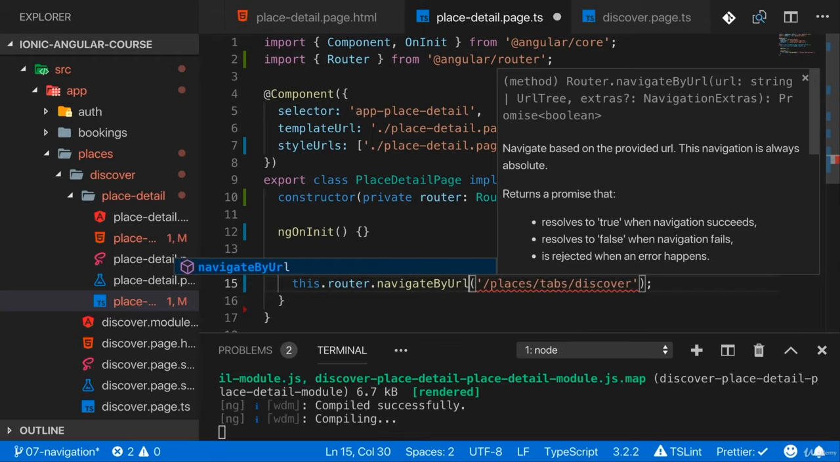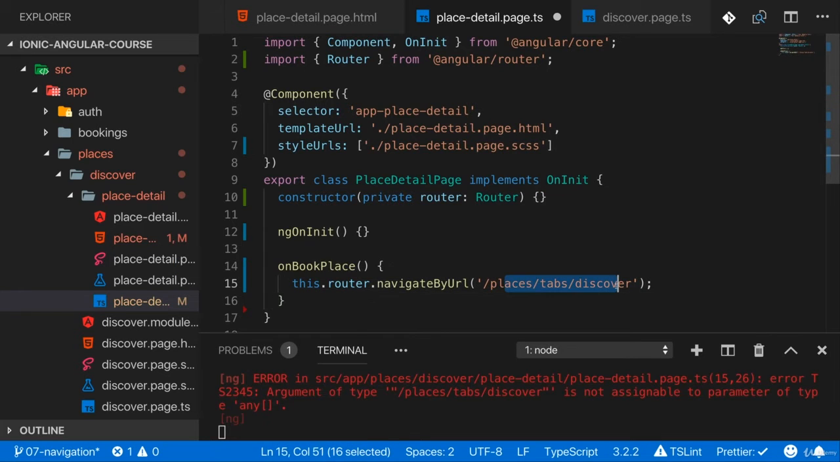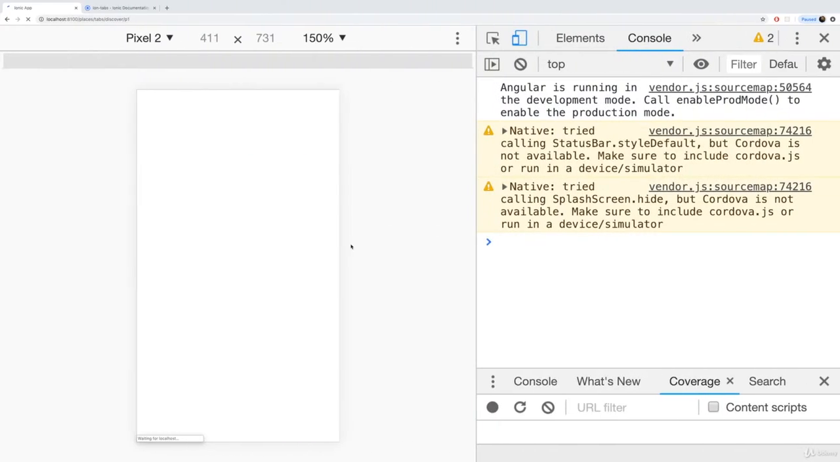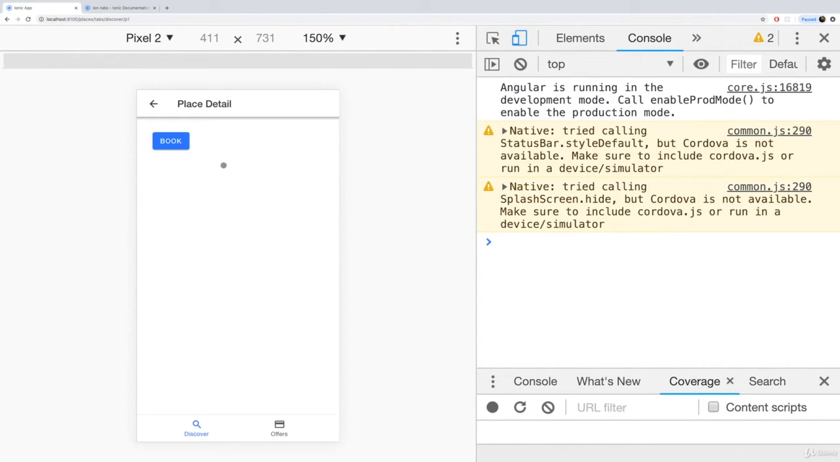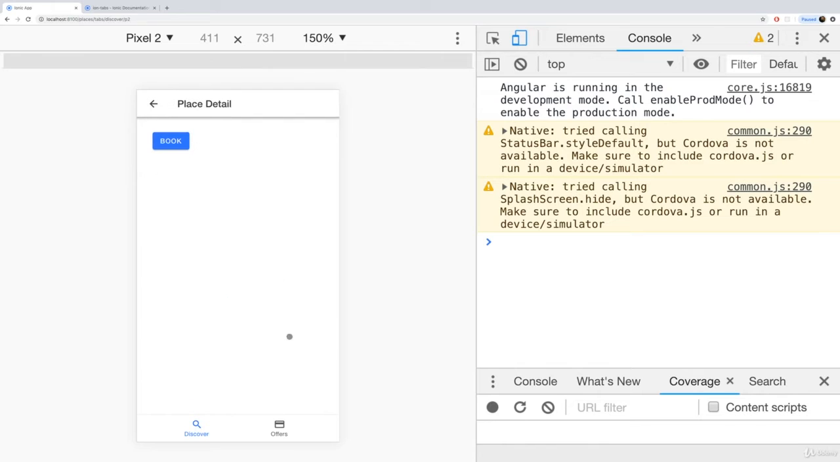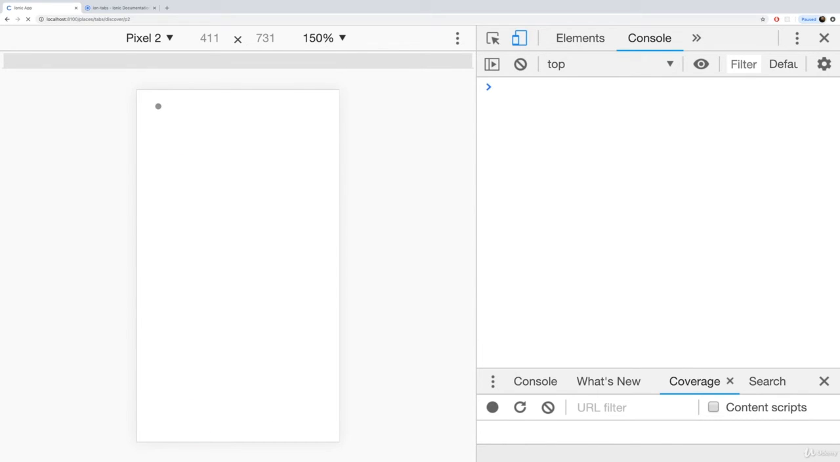Whoops, should be navigate by URL if you're using a full URL. Otherwise, you have to pass in an array with all the segments. With that, if this app reloads, and I click book, we go there. Now, what you noticed, and that, by the way, is also still the case on the back button if we